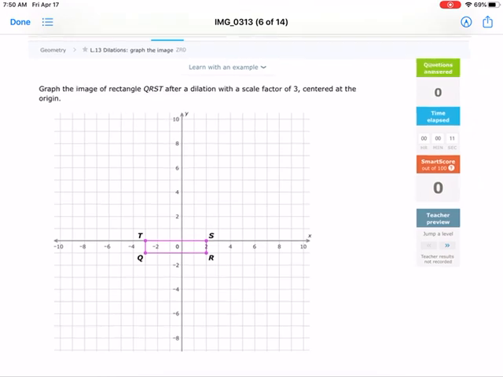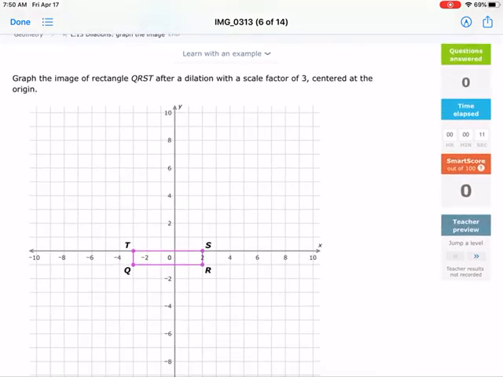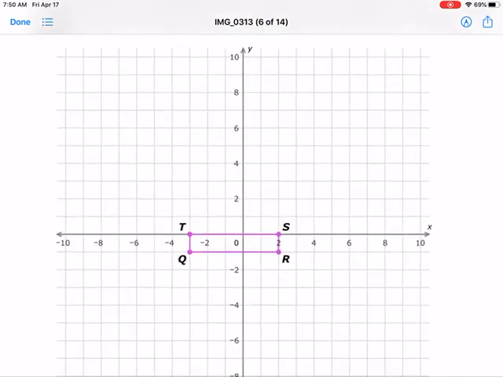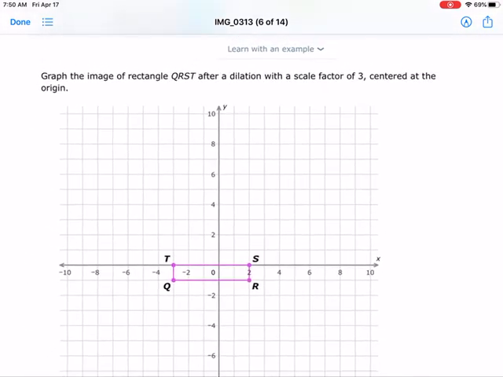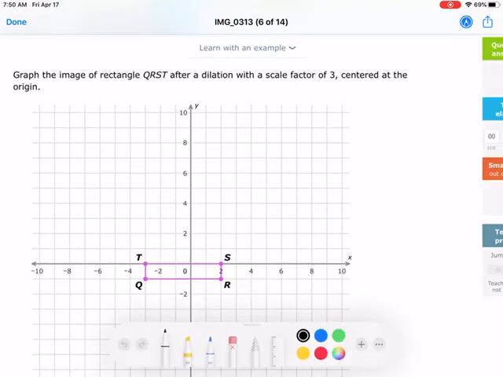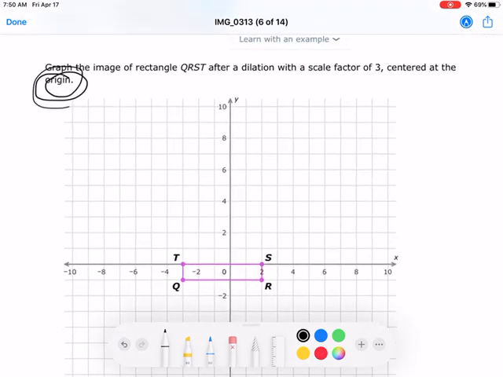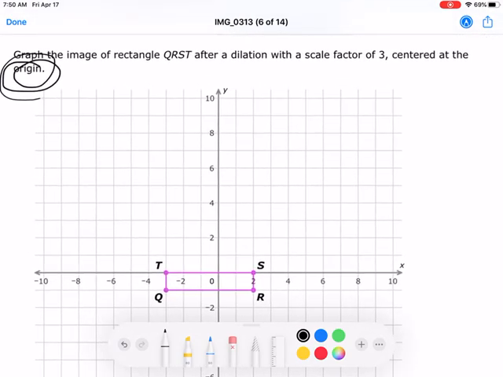What do we got here? L13, dilations. Here we go. Graph the image of your dilation with a scale factor of 3. Everything is going to be centered around the origin. Don't worry about if it's centered anywhere else. If it is, then I'm not going to give you that question. So you literally just take all the coordinates and multiply them by 3. That is it. S is 2 comma 0, so it's just going to be 6 comma